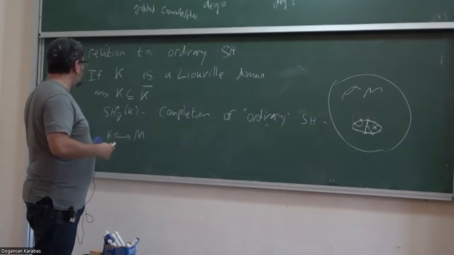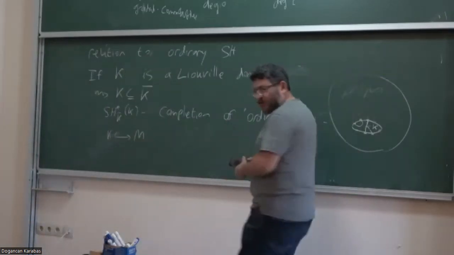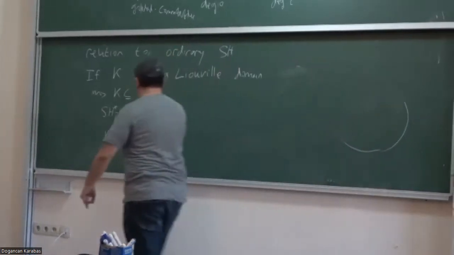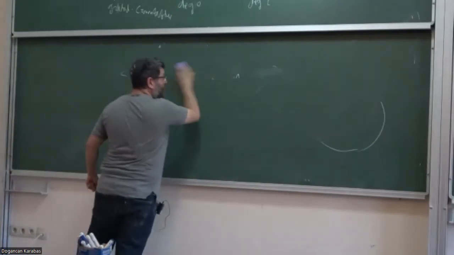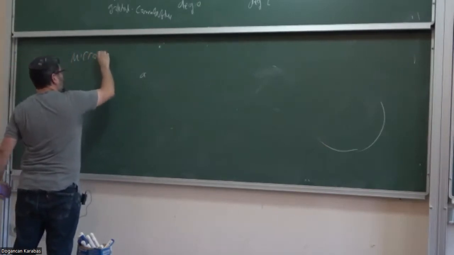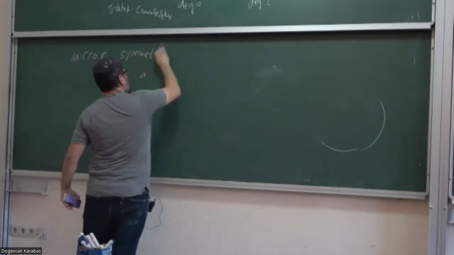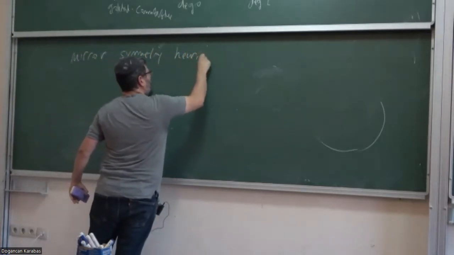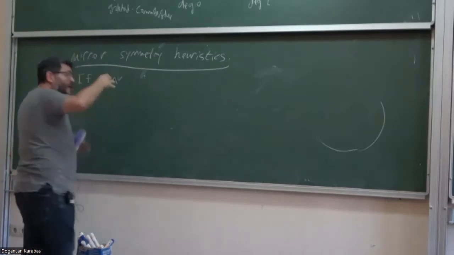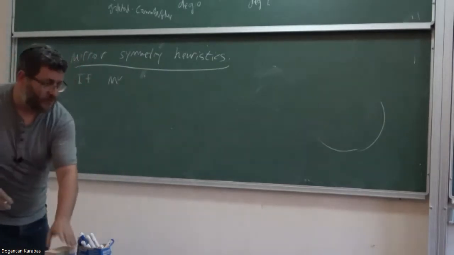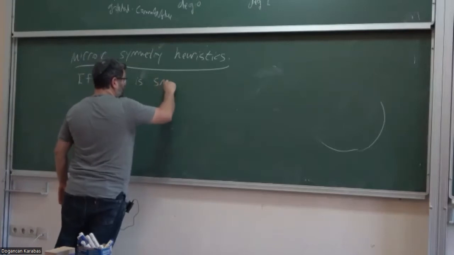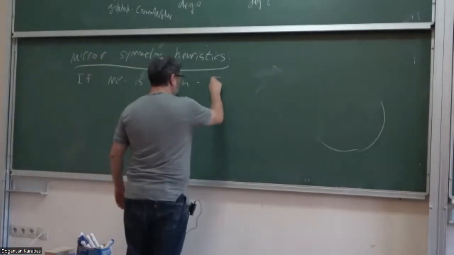But to make a long story short, mirror symmetry heuristics tell us that we should expect, if the mirror is smooth at least, so say we have some construction of the mirror, say an angel told us what the mirror is, and it's smooth, then